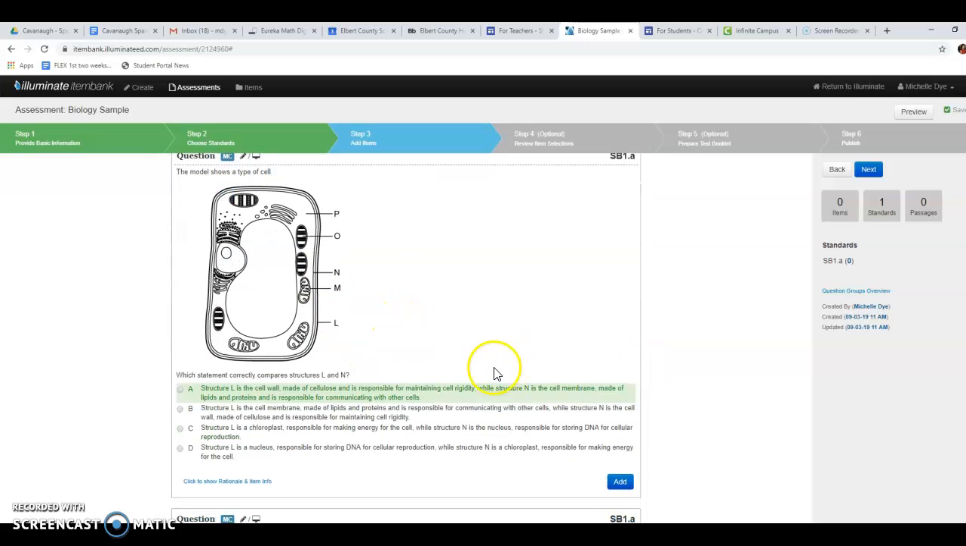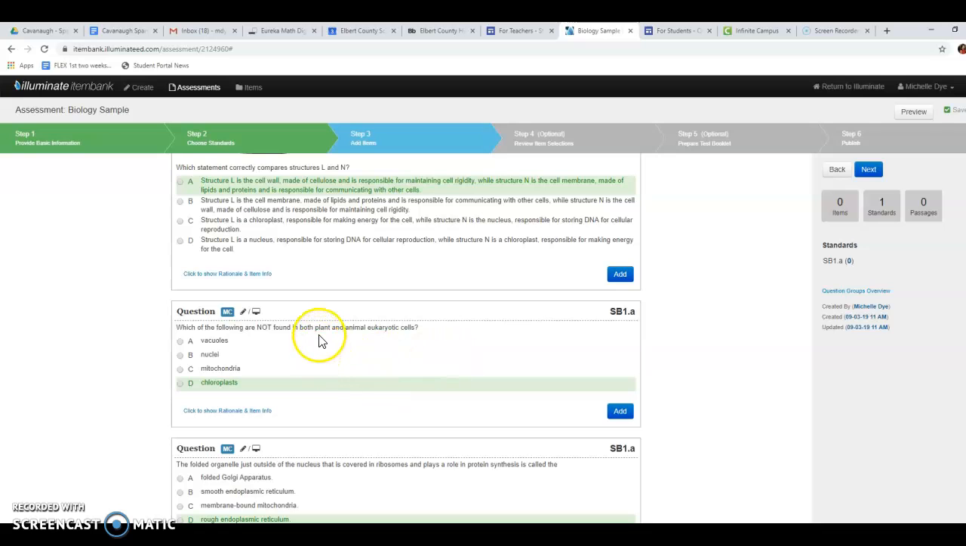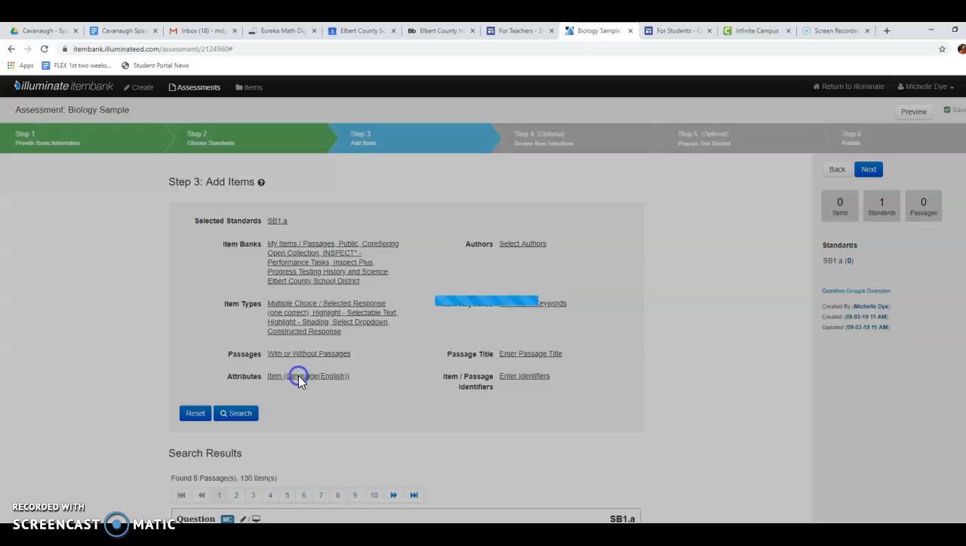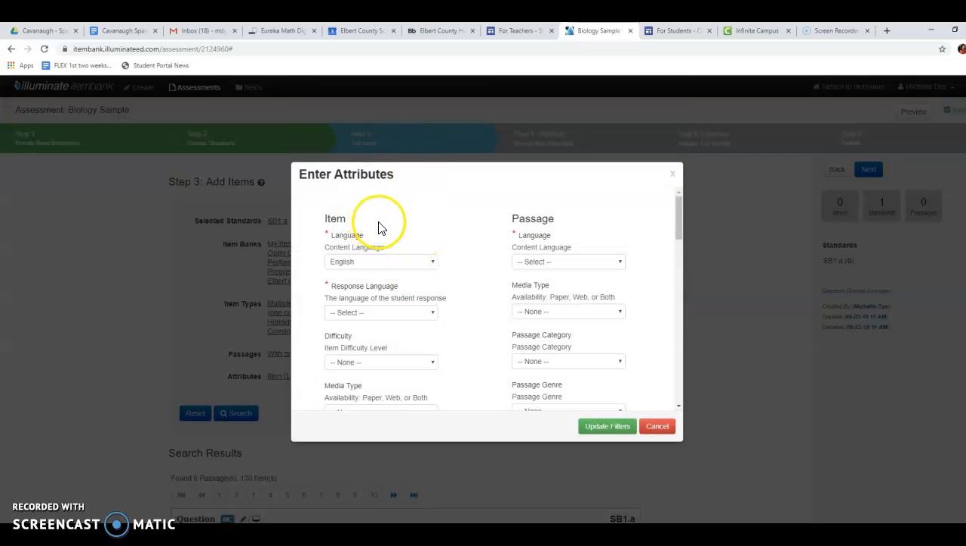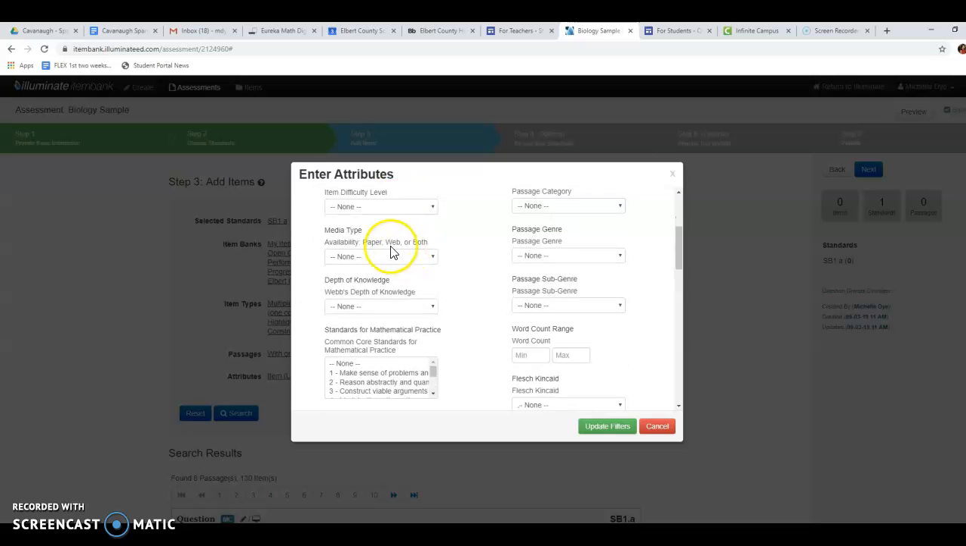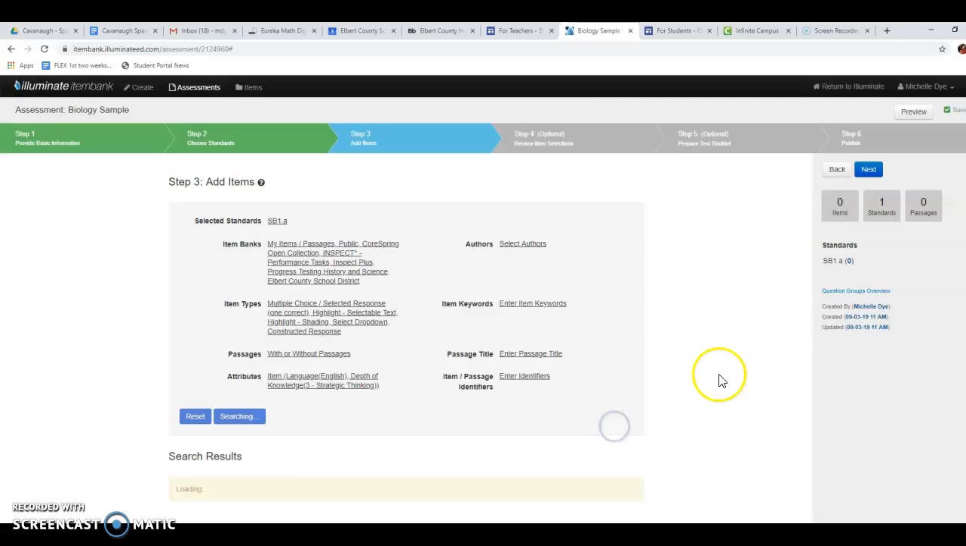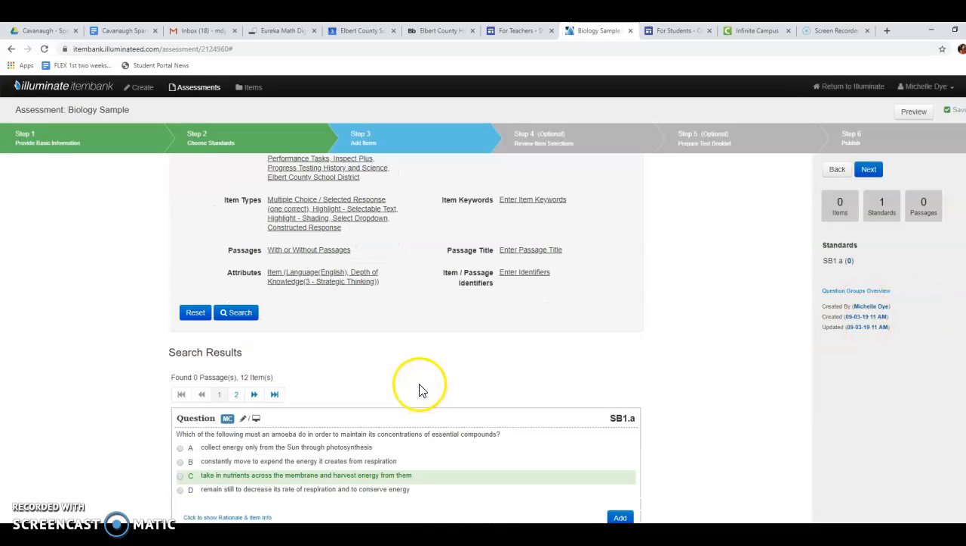And I was noticing that some of them seemed like DOK1 and some of them seemed really tricky. If you go to attributes, you can pick languages, difficulty level, media type where it's only available online. But I noticed you can even pick your depth of knowledge. So if you wanted to make sure you had some recall, add those, and then make sure you had some higher order for practice, just for getting ready for the rigor of the EOC. Right there, I just picked